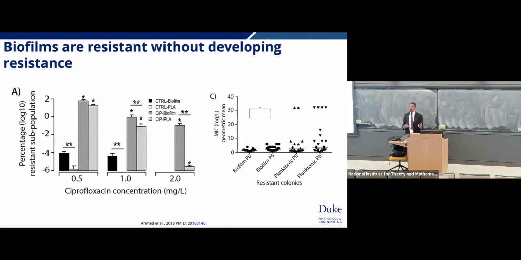Biofilms are resistant without really developing resistance. So if you look here, you can see that biofilms are able to withstand higher doses of ciprofloxacin than planktonic cells. However, even after you've passaged them like 6 times, so you've kept growing them up in a small amount of ciprofloxacin, theoretically killing off some, trying to evolve a new lineage that might be more resistant, they don't change their minimum inhibitory concentration, right? They never develop resistance. Whereas your planktonic bacteria, they do. They start saying, you know what, I can survive more and more of this antibiotic.